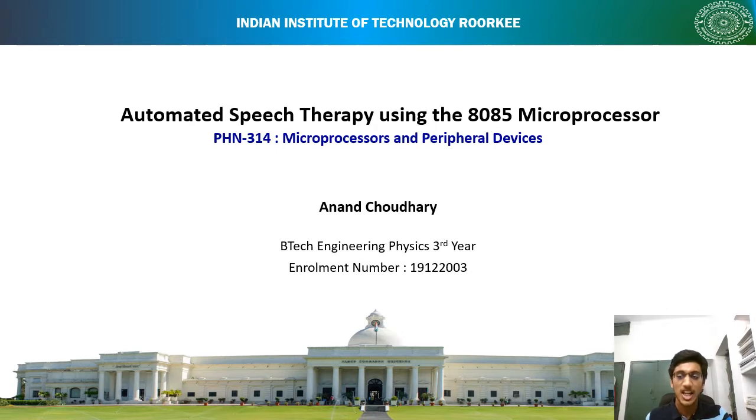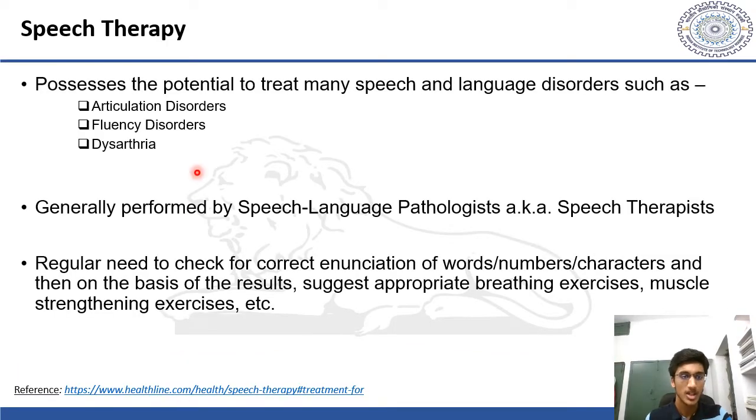To begin with, let me give you a brief about what speech therapy is all about. Speech therapy is essentially the assessment and the treatment of many communication, speech, and language disorders, such as articulation disorders, wherein a person is unable to properly, that is clearly and distinctly form certain word sounds, for example, sounds while pronouncing vowels or consonants, or fluency disorders which affect the flow and the speed of a person's speech, for example,